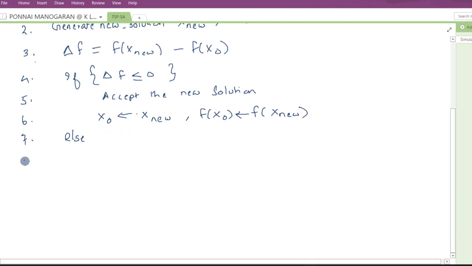Then you have to calculate the Metropolis rule. You cannot directly ignore the new solution. What we will do is accept the new solution, x new, based on